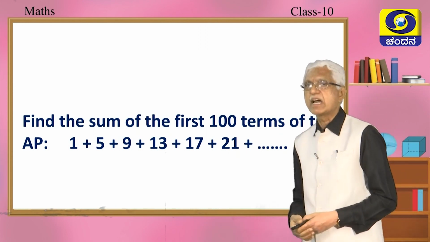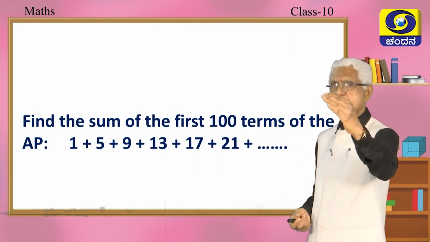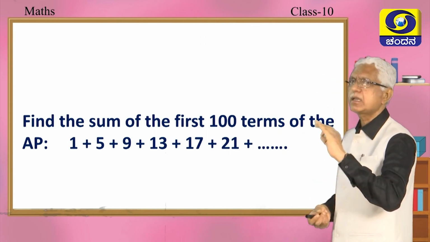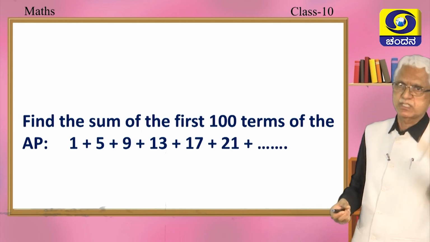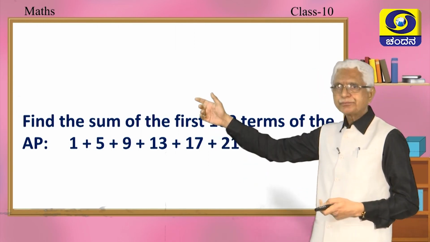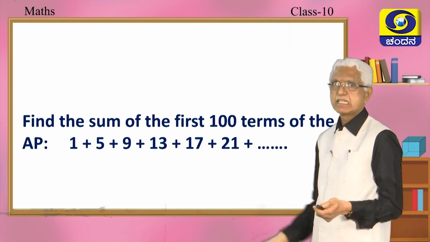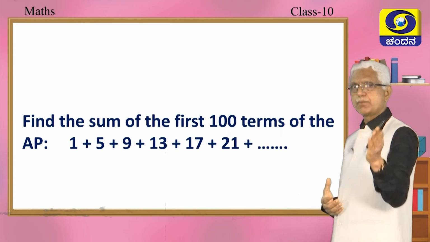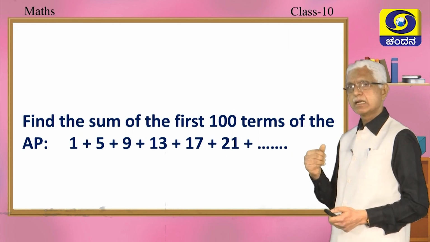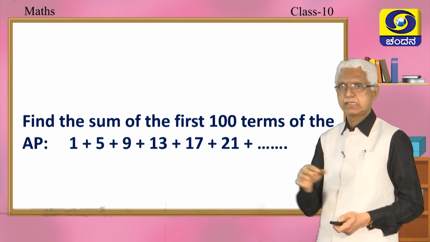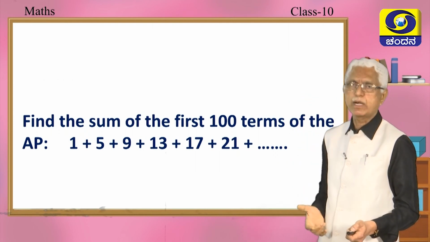Okay, probably we are entering into the 4th session, today's lesson. Whatever we discussed so far is just the recapitulation of what was done in the first 3 parts or the first 3 sessions, right? Now, my dear children, probably we are entering into what is known as arithmetic series. See, you have been asked to find the sum of 1 plus 5 plus 9 plus 13 plus 17 plus 21, correct? You have to find, and plus dash dash dash. How to find the sum of such a series is the question. Let us see what happens here.